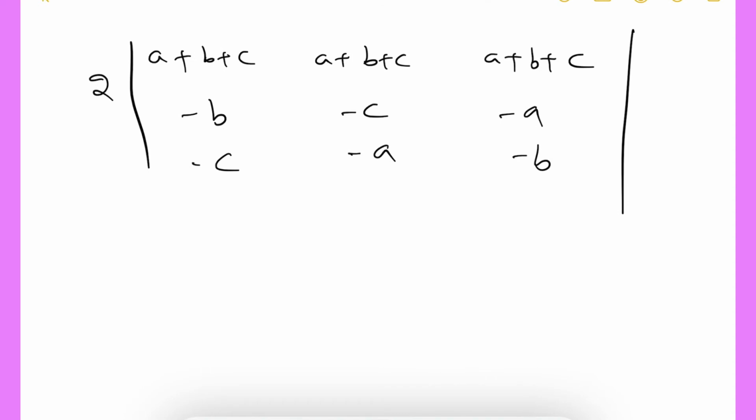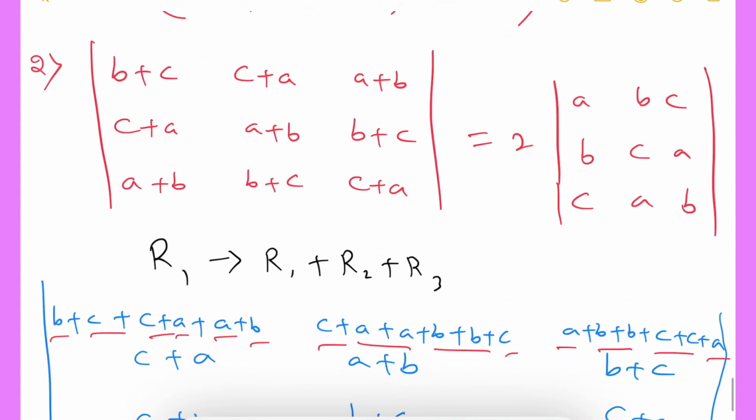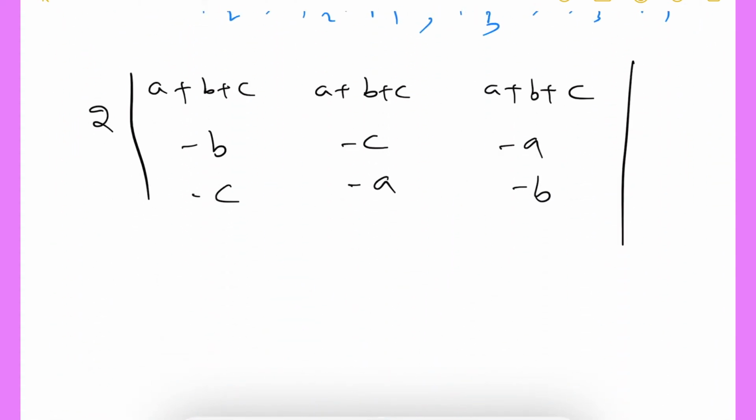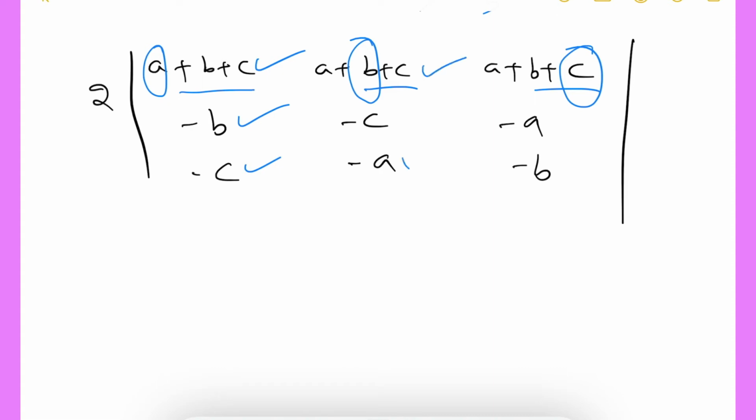Okay, next what I will do: in the RHS, if you observe clearly, we want only ABC, BCA, CAB. So no other numbers, no plus, no minus at all. To get that, in the first row I have extras: A plus B plus C, A plus B plus C, A plus B plus C is there. But according to the RHS, I want here only A, here only B, here only C. So to cut the remaining, here B plus C is there, here minus B minus C is there, here A plus C is there, here minus A minus C is there, here A plus B is there, here minus A minus B is there. So we are just simply adding the rows.